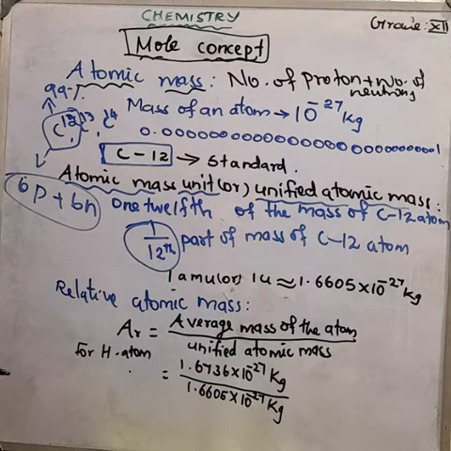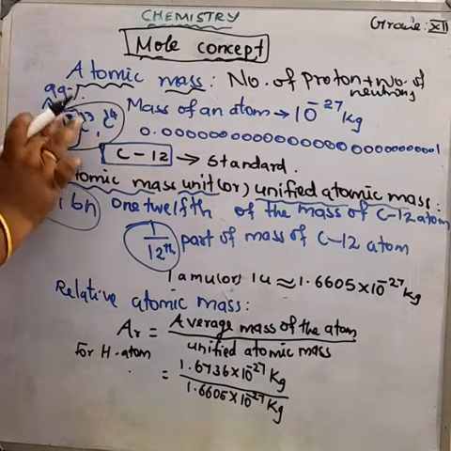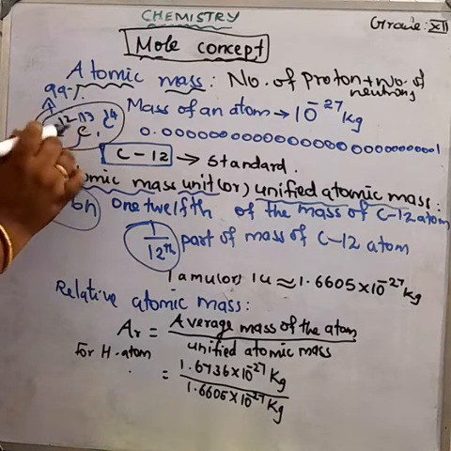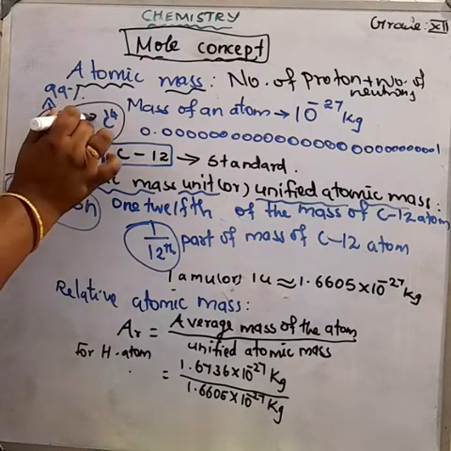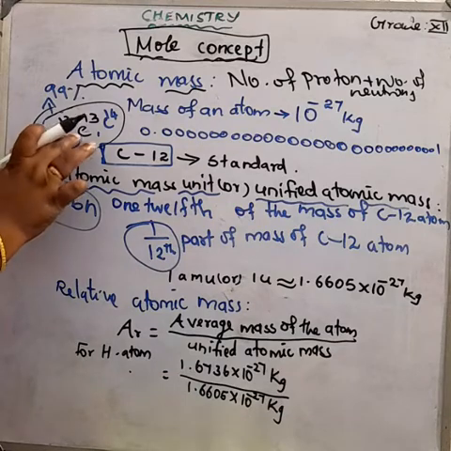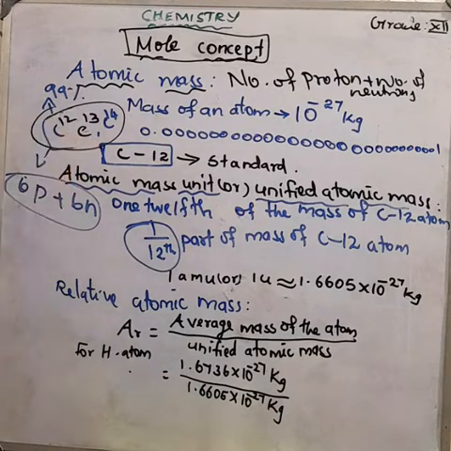Already we studied about that. Isotopes mean atoms of the same element having the same atomic number but different mass number. Different weight, the number of neutrons will differ. That is called isotope. So because of this, the way scientists find out the mass of other elements is the relative atomic mass.